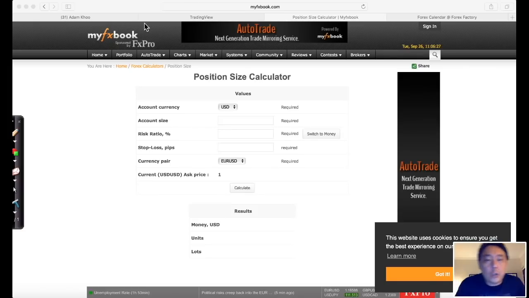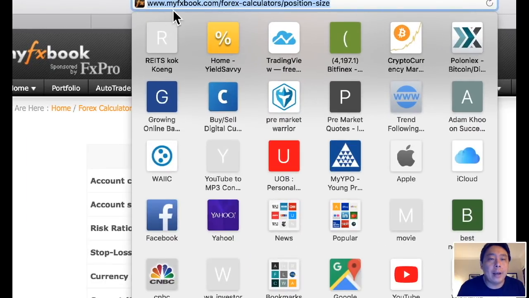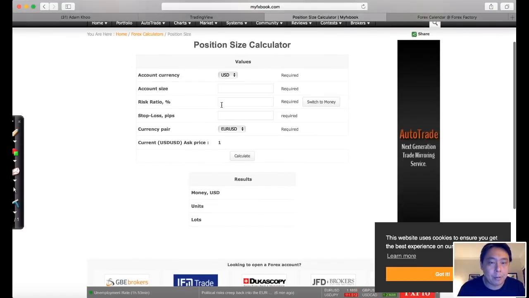Alright, so this is just one of the many position sizing calculators that you can use when you are calculating your position size. And again, I tend to use the one that I download on my phone app, but I'll show you the one on one of the websites. So if you go to myfxbook.com/forex calculators position size, you can just simply do a Google search for forex calculators position sizing, you get something like that. Okay, so